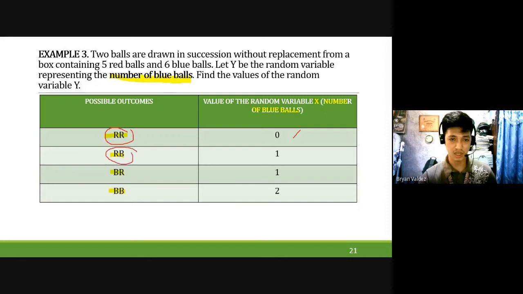Dito, may isa tayong blue. Kaya naging 1. Dito meron tayo isang blue din. Kaya siya naging 1. And then may dalawa tayong blue. Kaya siya naging 2. So the possible values for this is,